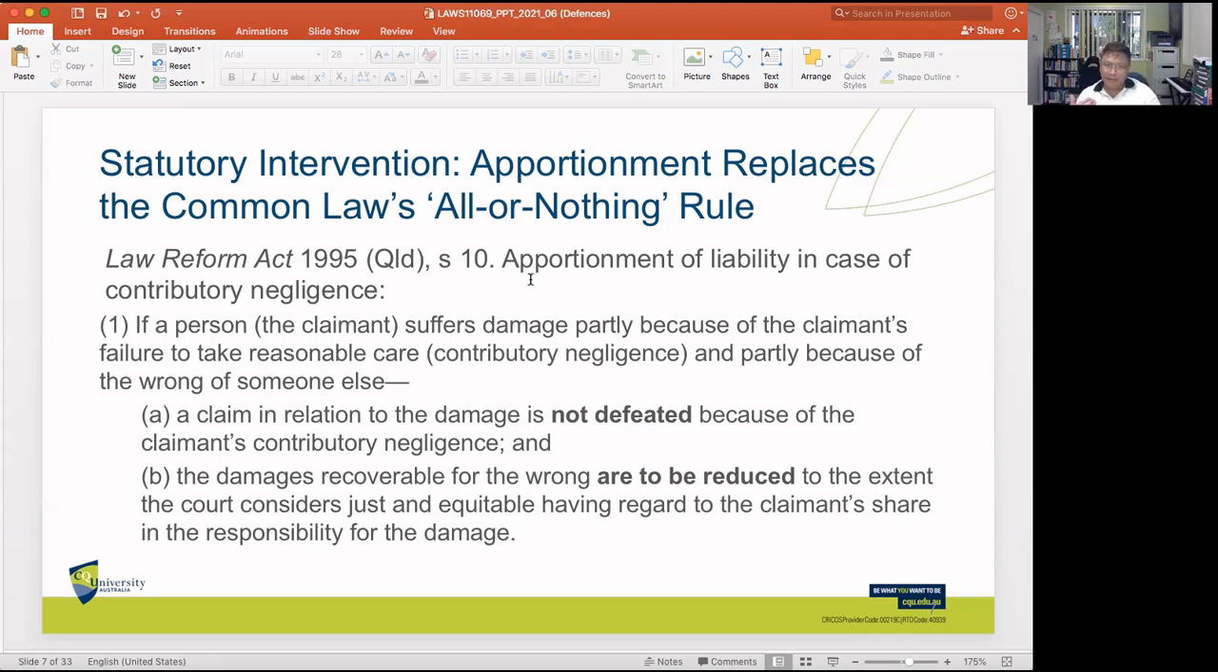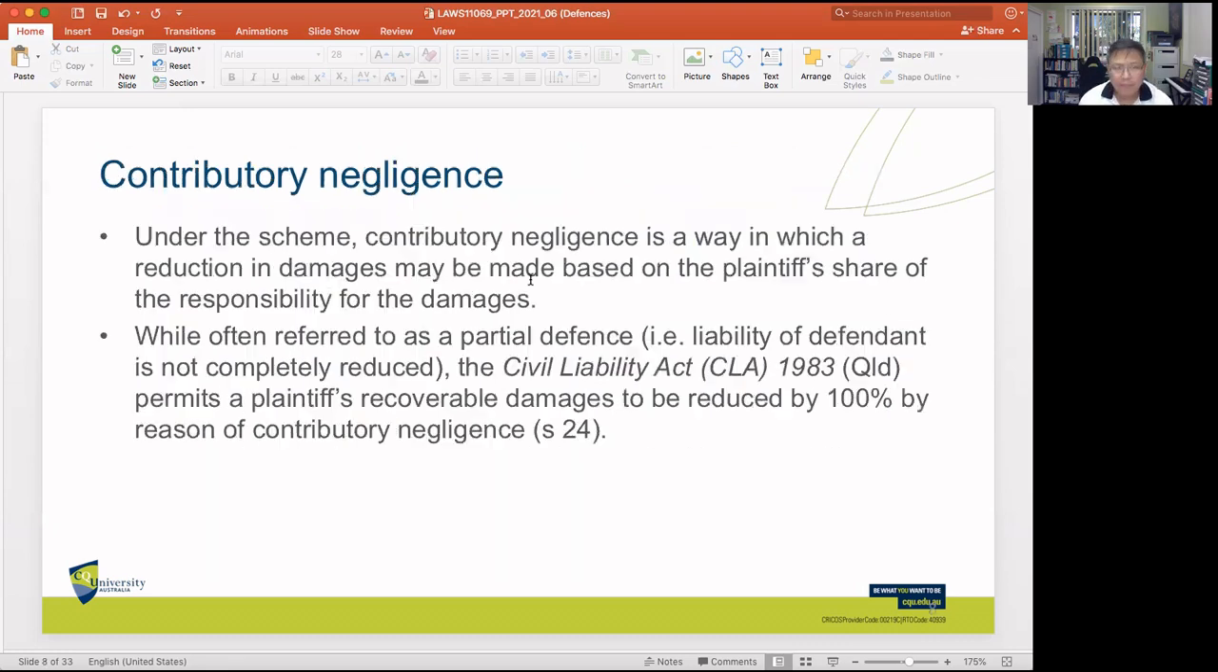So if a claimant contributed to the harm by his own contributory negligence, then his share of the damage will be apportioned to him. So under the particular provisions of the Law Reform Act, contributory negligence is a way in which a reduction in damages may be made based on the plaintiff's share of the responsibility for the damages. So again, what it points out is that the all or nothing rule has been abandoned